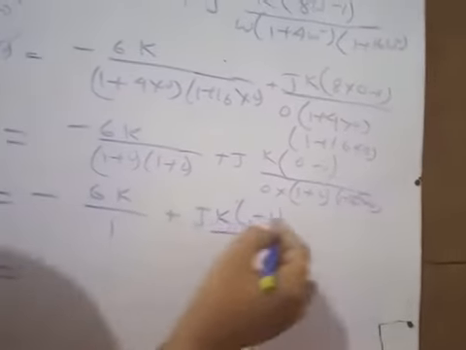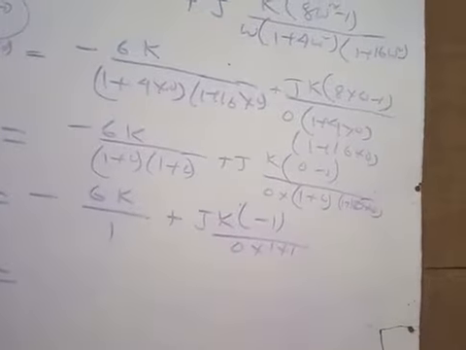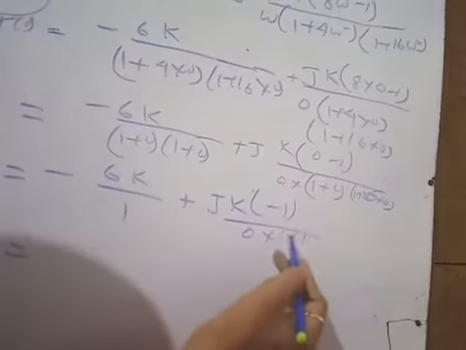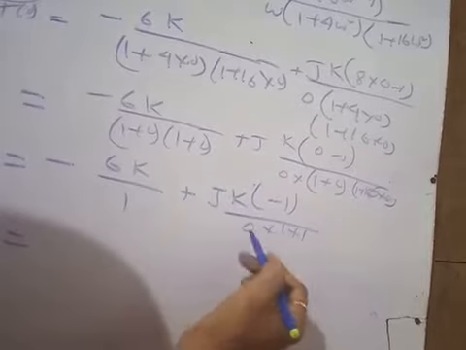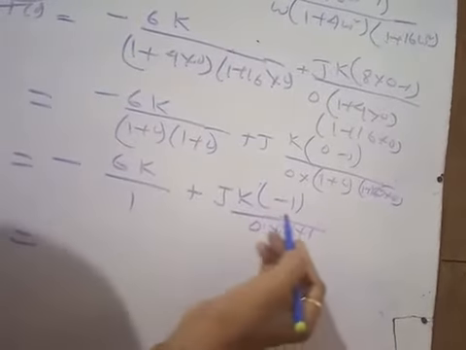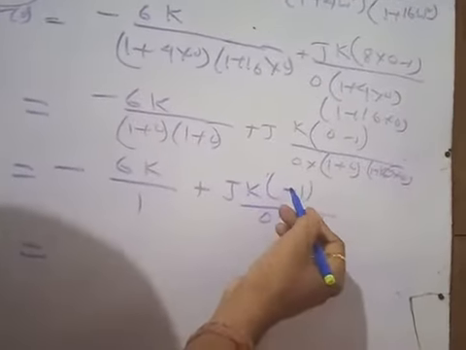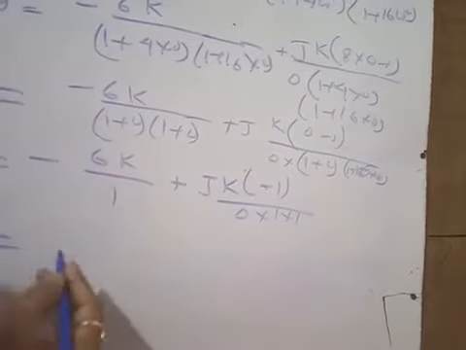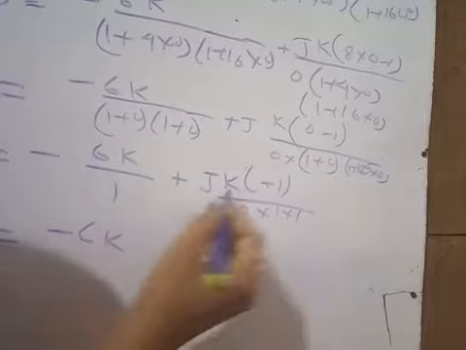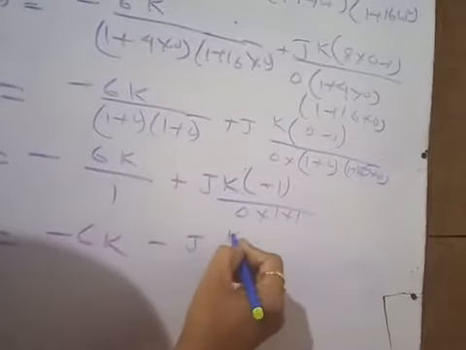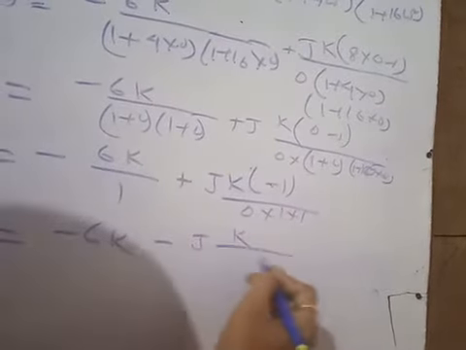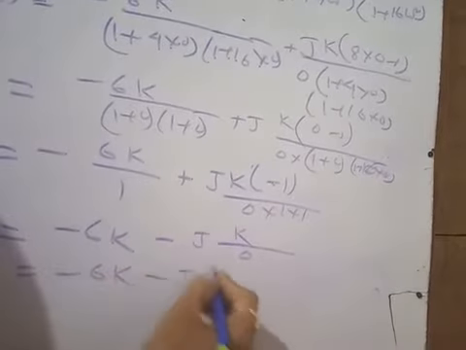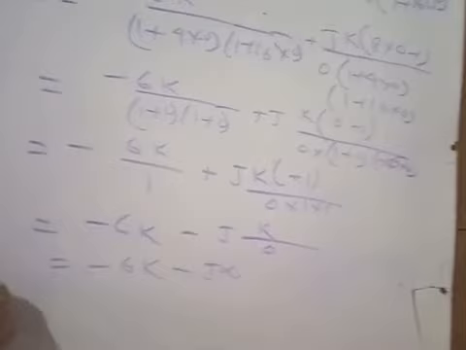Right? So this term is very important. In the previous classes also we have discussed that never ignore the sign, because the division by 0 part will be handled later on. But first of all, use this sign. That sign is very important as we are dealing with quadrant analysis. So this is minus 6k, no problem. This is actually minus j of k, so minus j of k divided by 0. Right? So that is minus 6k minus j infinity. This is your G(0) H(0).